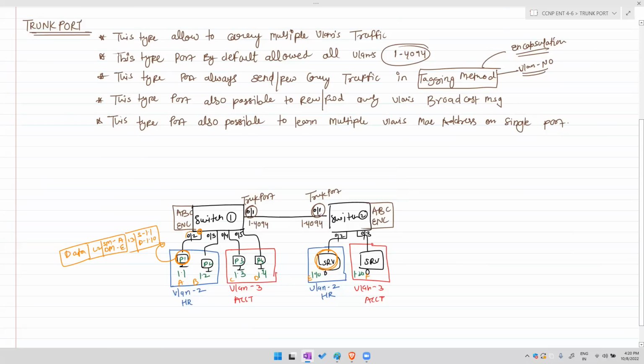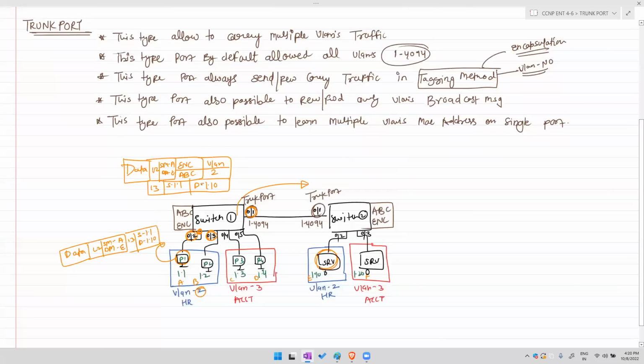Data will be received on the switch. The switch verifies that 0/2 is a member of VLAN number 2. Switch 1 verifies how many VLAN 2 members are available, 0/3 and 0/1, because all VLANs are allowed. So whenever switch 1 forwards the data traffic via the trunk link, switch 1 says, I'm sending your data. In the data, on layer 2, source MAC is A, destination MAC is E. But I will add encapsulation ABC, and which VLAN traffic we are carrying? VLAN number 2. And then add layer 3. Source is 1.1,